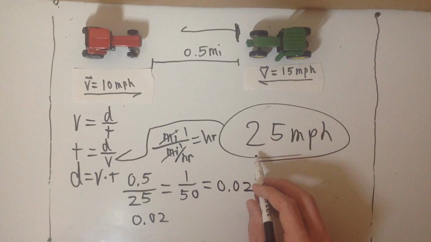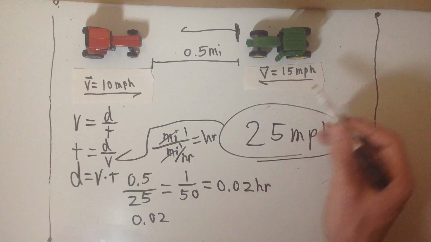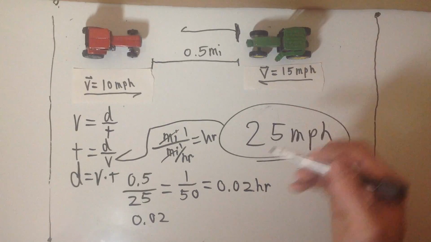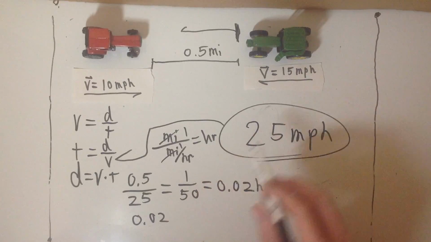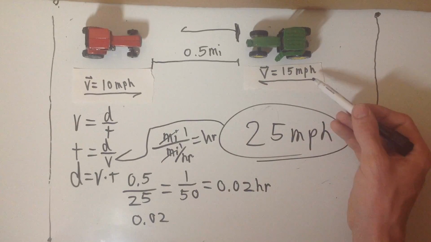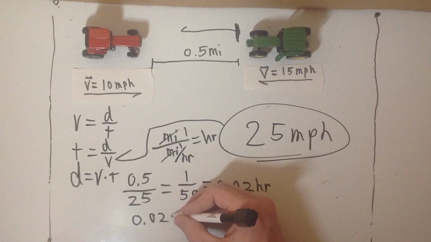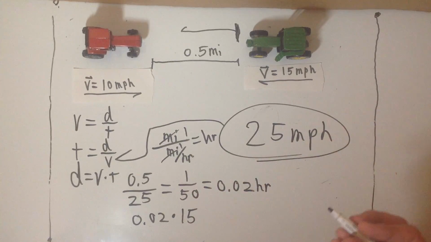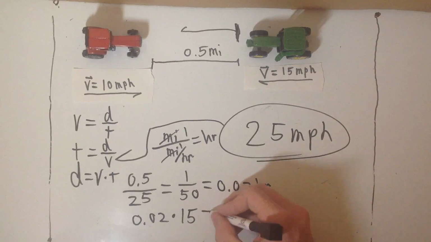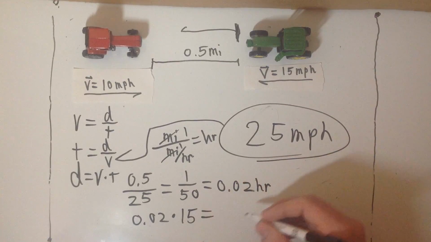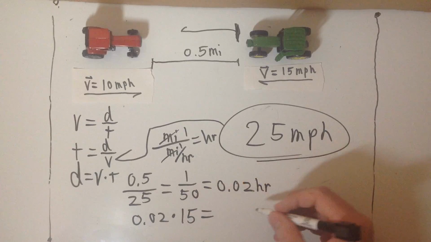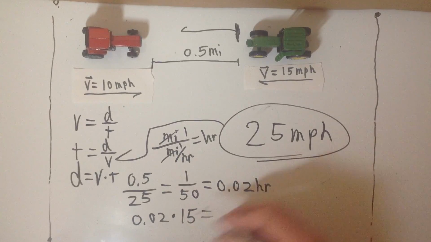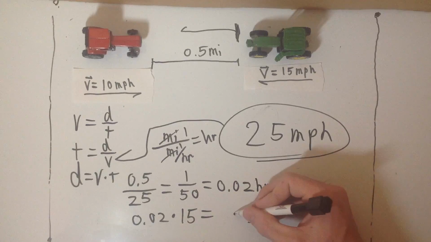Not 25 this time. This time we're doing the green tractor because we want to know when the green tractor is going to hit. And it's going to hit at this time going this speed. So we have our time times 15,